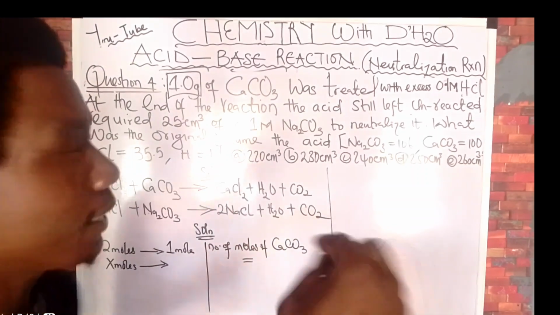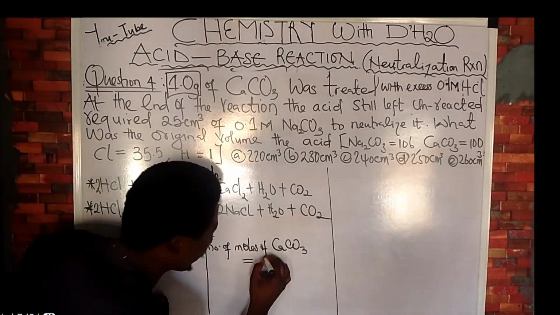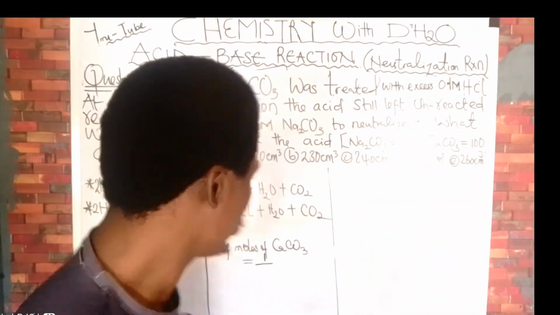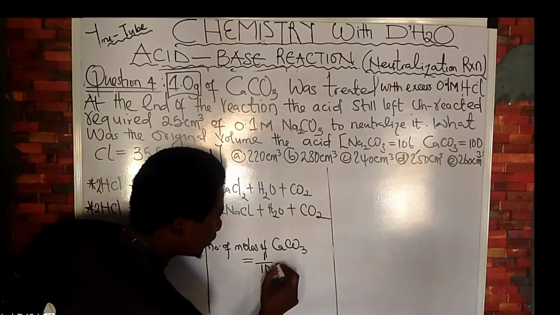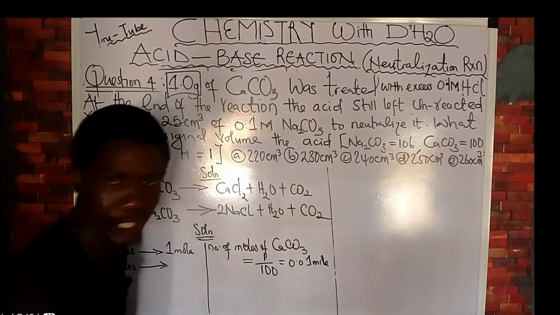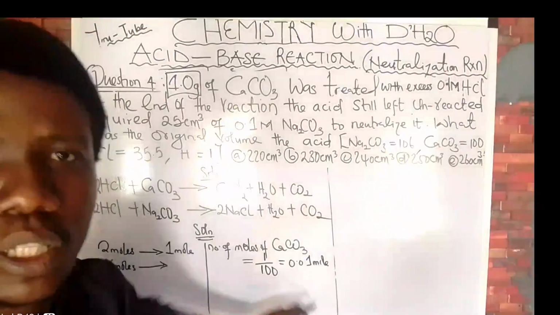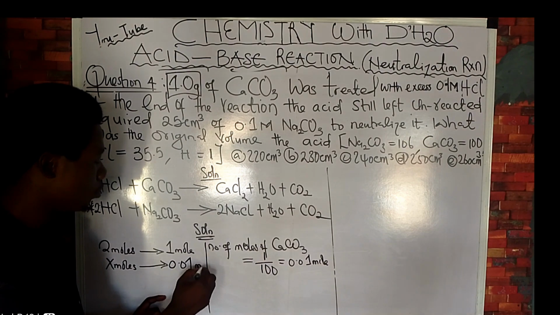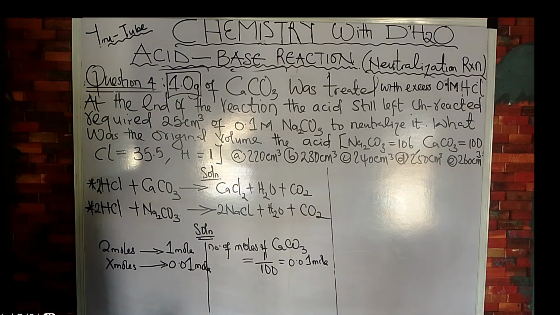Molar mass. And the mass that they gave us here, 1. So you have 1. Molar mass of CaCO3 they gave us as what? 100. So you have over 100. And that will give us 0.01 mole. Are we together? Yes. So now I have the number of moles of CaCO3, I will put it here, 0.01 mole. So what do I do now to know the number of moles of the HCl